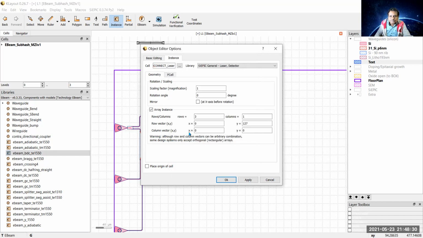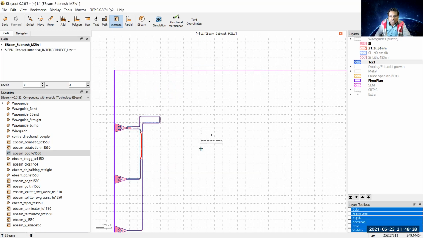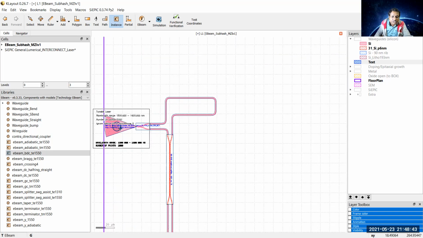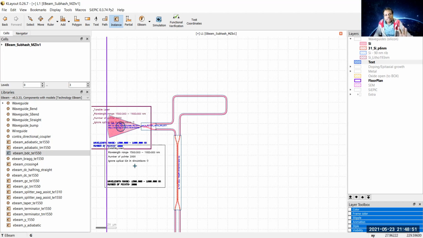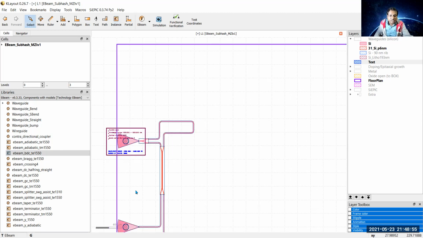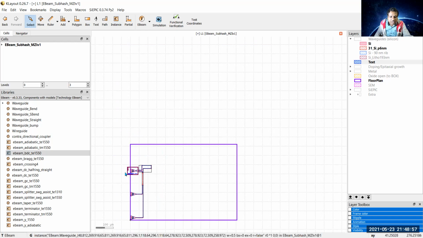Say OK. Since the array is selected, uncheck it so that only one laser is selected. And now the laser is hovering with the mouse. So I just put it above the grating coupler. Since I need only one laser, I skip after putting one laser. Now this will work as an input.